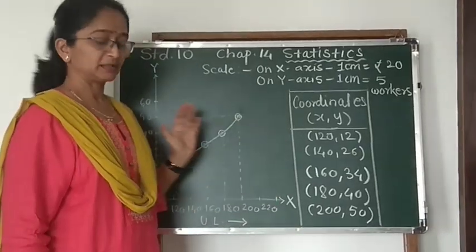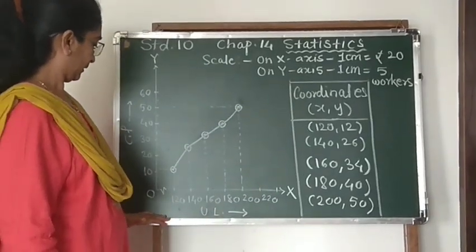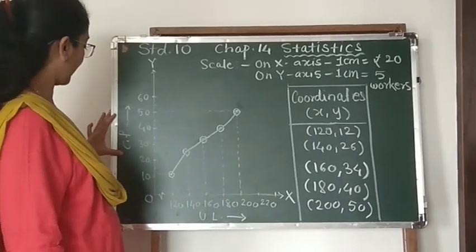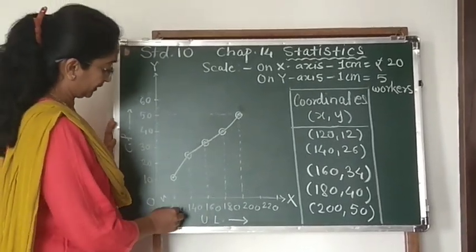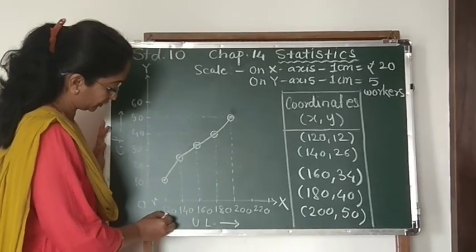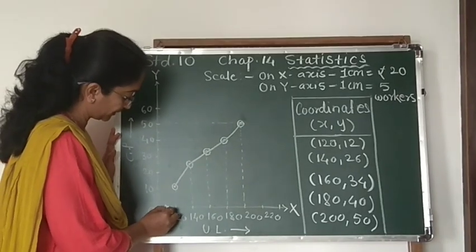Plot these coordinates on the Cartesian plane. Take upper limit on the x-axis and cumulative frequency along the y-axis. Now here, while taking upper limit on the x-axis, we have to give the kink mark here,